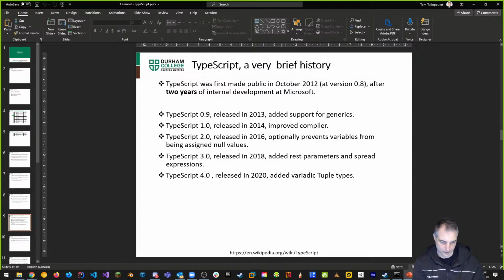Back in 2012, when it was released, 2 years after internal development at Microsoft, I started using it in late 2012, early 2013. The reason is that I personally needed something to help with game programming on the web.